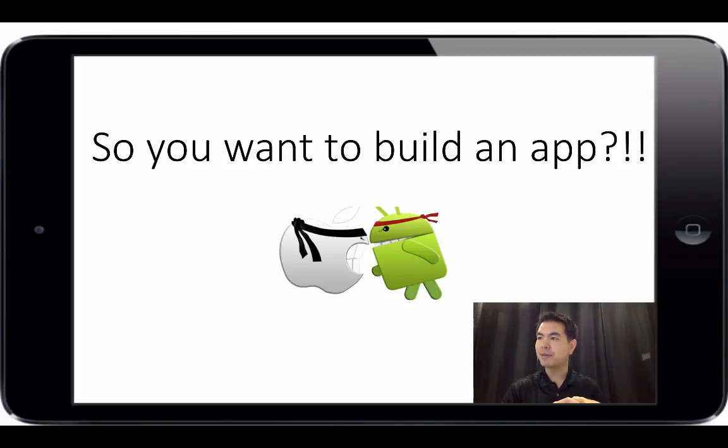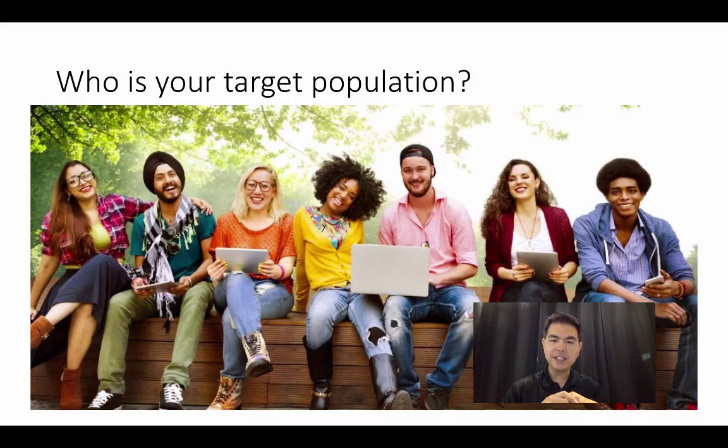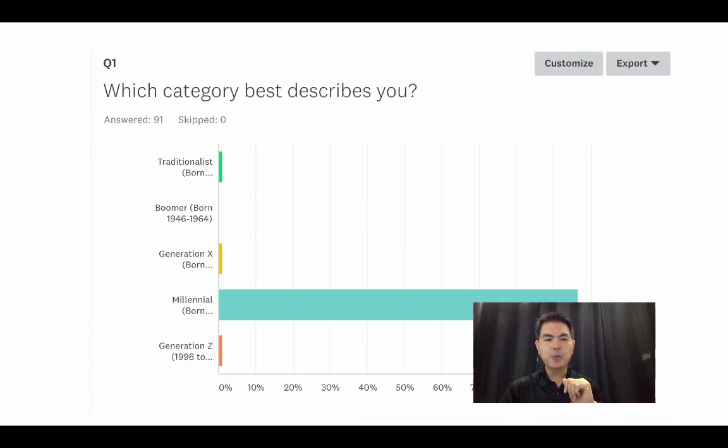So you want to build an app. What does this target population look like? And after a few of these slides, I'm going to stop and we'll have a chance to chat a little bit. So when you look at this target population, this is out of a 91 student survey. This covers all 3 of our classes. And we are trying to figure out who is this group, what do they need,